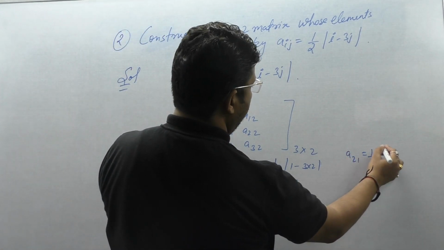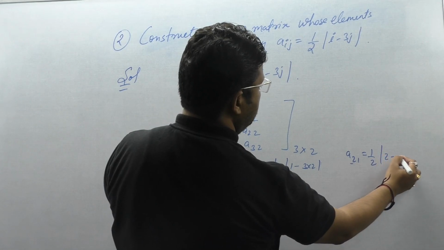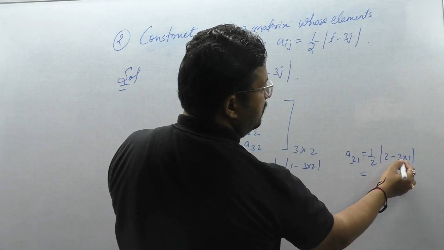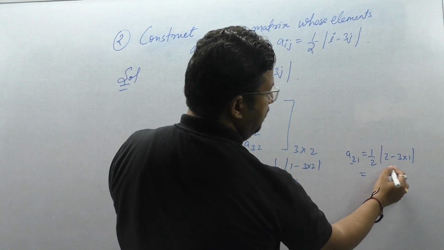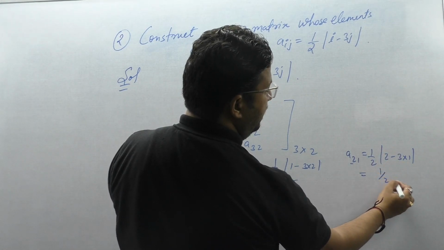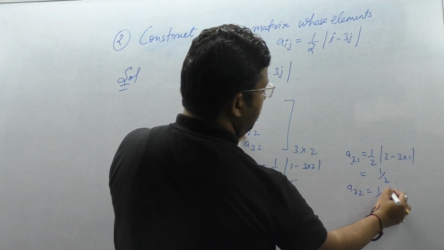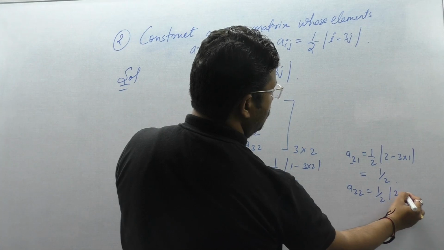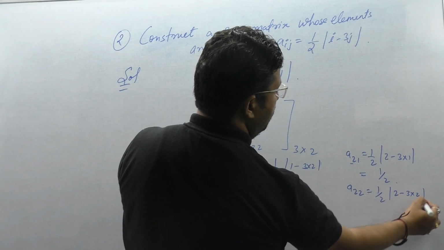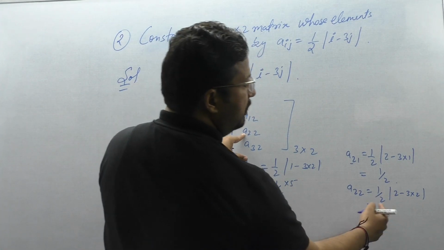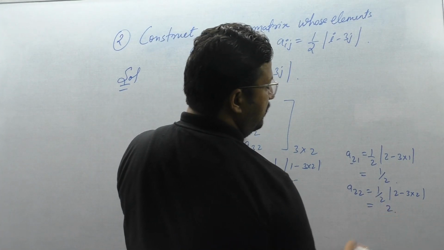Here I am writing the value for A21 also. Okay, so A21 is like half, I value is how much? 2. J value is like 1. So it will be like 3 minus 2 will be 1 minus 1, but it is mod, so it will become 1 by 2. Then I'm writing the value for A22. It will be half. It will be like 2, and it is 3 into 2. Alright, I am writing here directly. So 3 into 2 is 6, minus 2 is 4, divided by 2. So only 2 will be left.